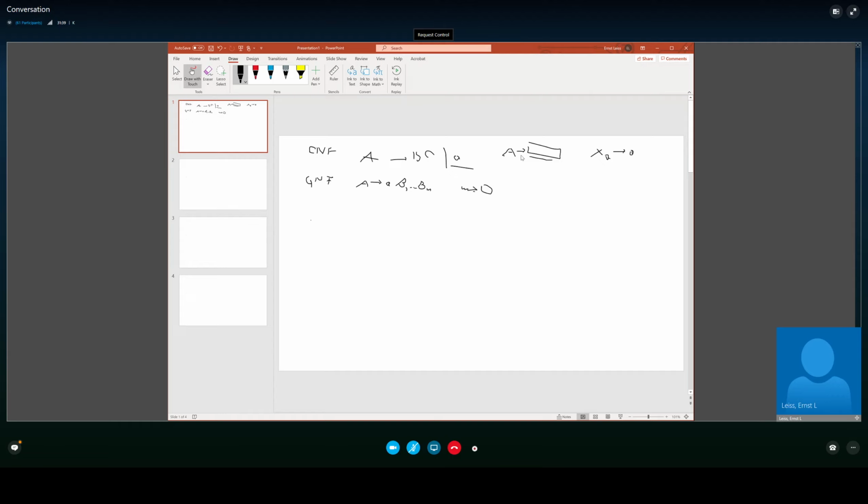And if you have a variable going to a sequence of variables, using this trick we can get rid of all the terminals on the right-hand side. So this thing here then is two or more variables, and